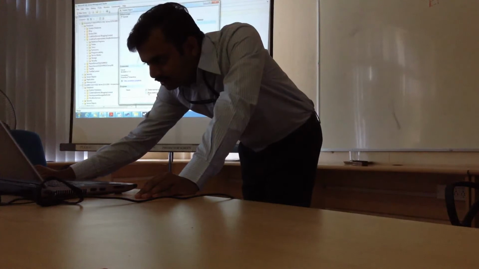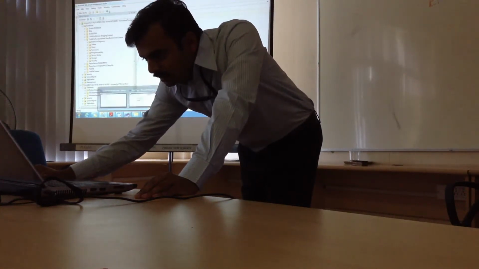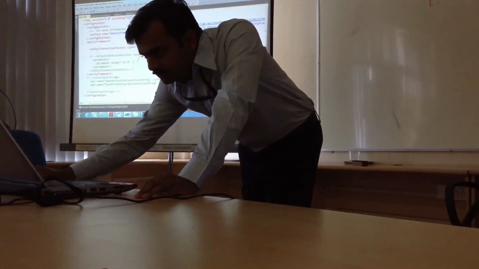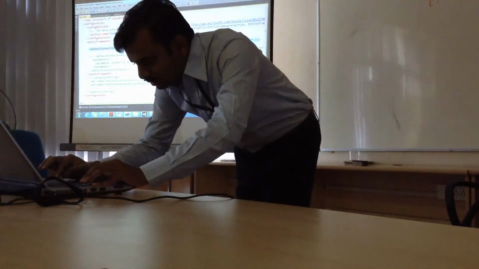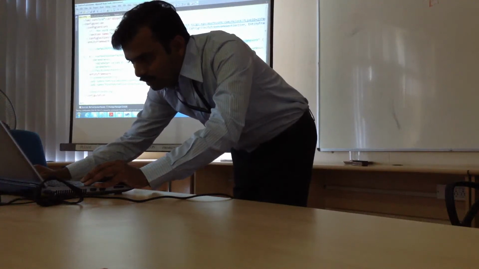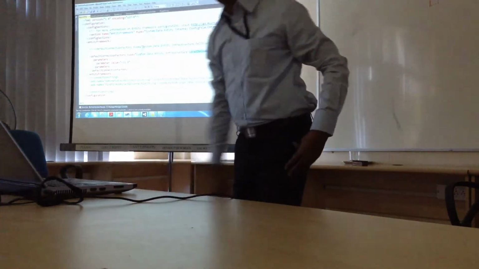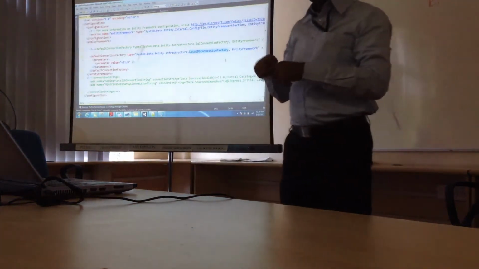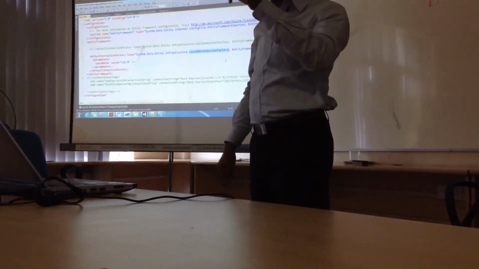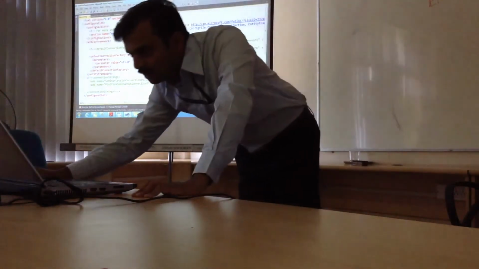Let me delete this and instead of this, I am going to use the LocalDB connection now, right? Based on this, my Code First will now determine the LocalDB on my machine and create the database inside LocalDB. Let's run this application again.